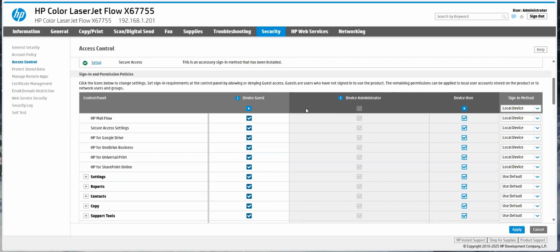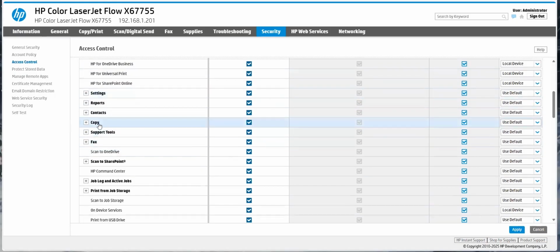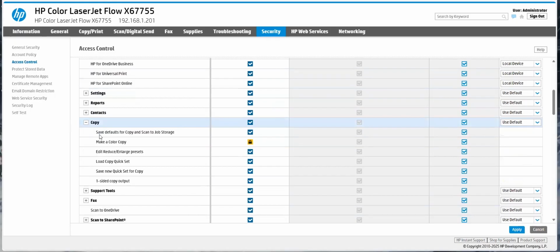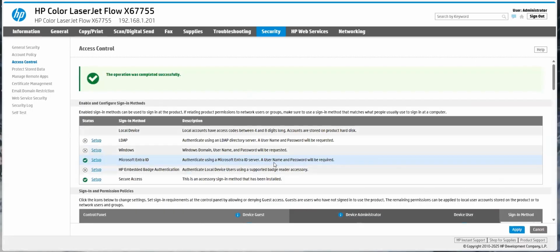Let's start by showing a basic thing. Sometimes it's as simple as I don't want anyone to have access to color copying. So I can come over here to copy. I can expand it out, and you can see here I have make a color copy, and I actually have a padlock there. So when you click on it, it locks it. And what that does is it locks being able to select color as an option when making a color